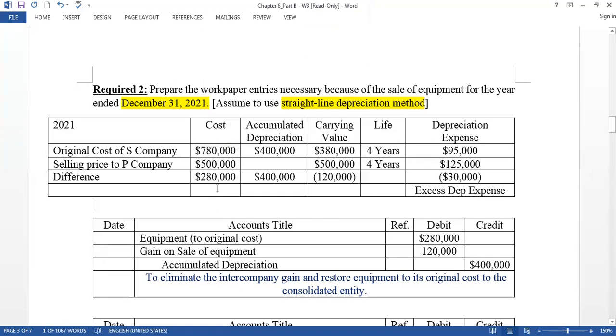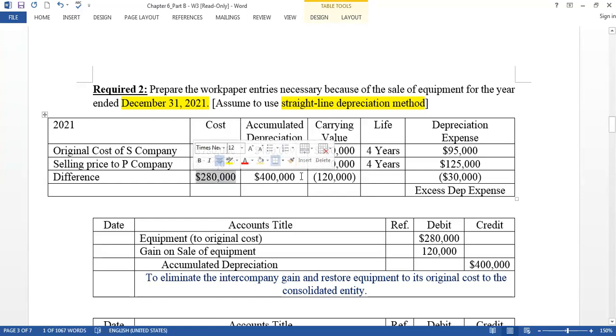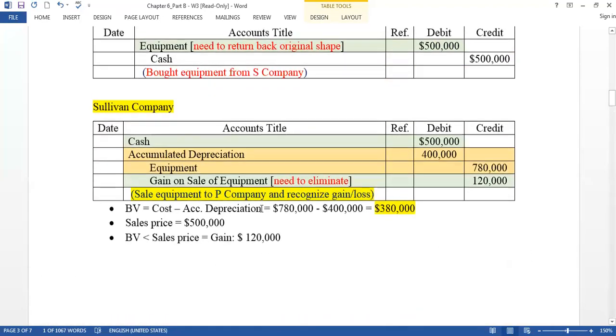So we have to add this $280,000 to make it original shape. And if you record the asset, you have to record the accumulated depreciation also to make it the original shape, because according to the original shape,